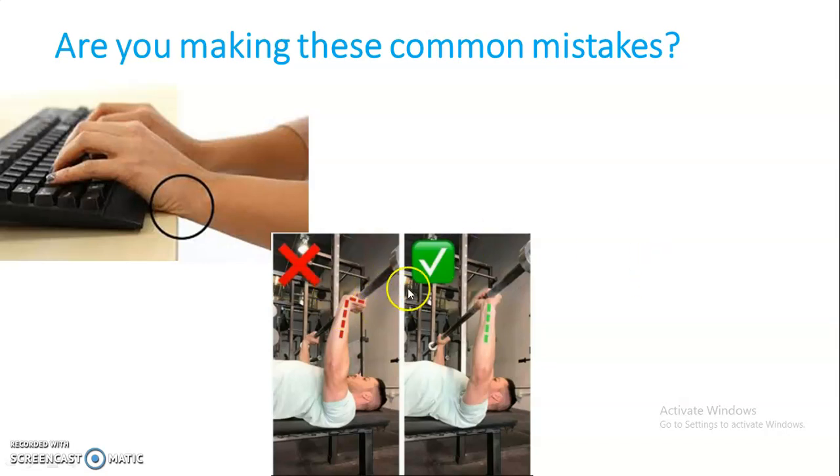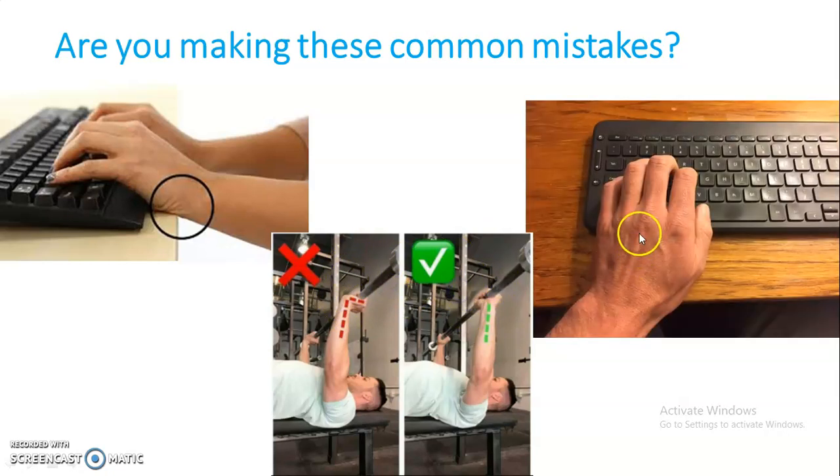This is how people are not using the proper form of the wrist while exercising. So this is the wrong one, and this has to be the right one, right? This is not in a neutral position of the wrist. So this will increase the stress on this joint and on this joint. It will strain this side and stress this side.